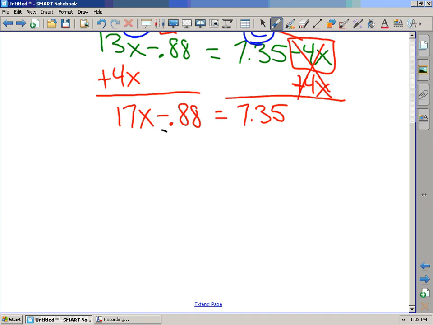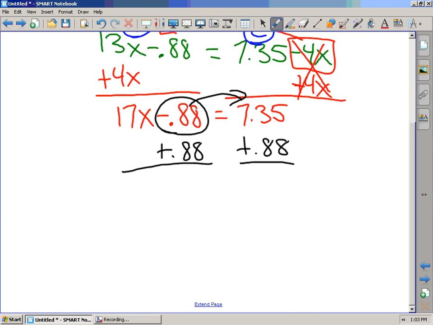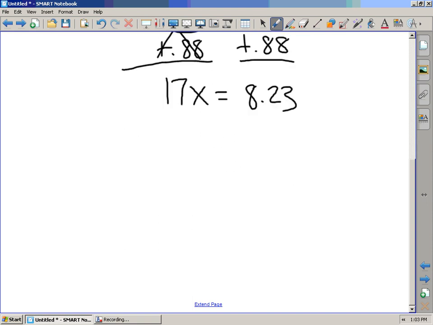Now I need to move the negative 0.88 to the constant side using inverse operations. On the left side, negative 0.88 plus 0.88 equals 0, so we're left with 17x. On the right side, you take 7.35 and you add 0.88, and you get a total of 8.23. And then finally, the last step is to divide each side by 17 to get x alone. So x is equal to 8.23 divided by 17, which gives you